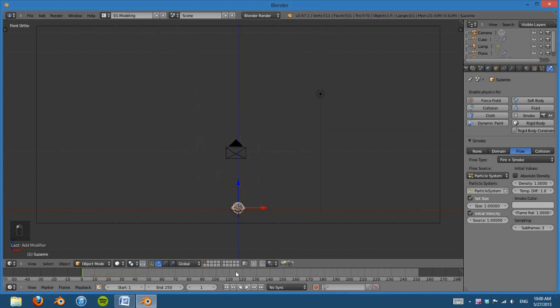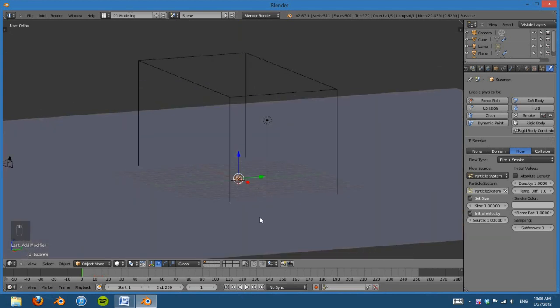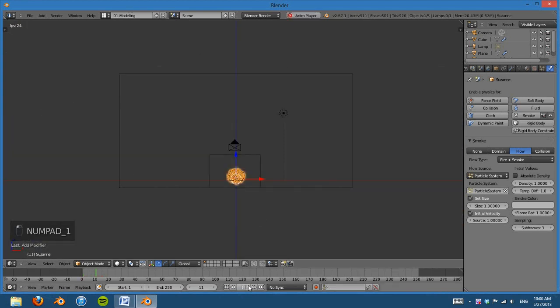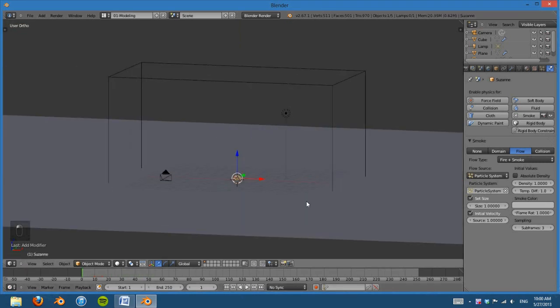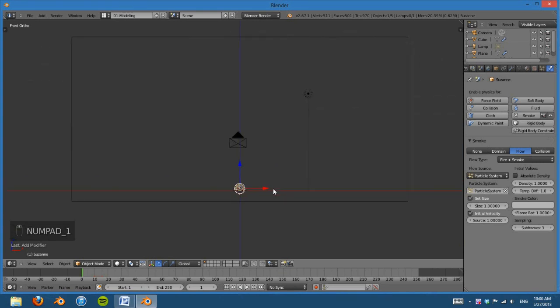Okay, so that looks pretty good. But you might think, you know, there's a lot more to that explosion than this. I mean, while this looks fairly good, it's definitely not close to what it was before. And I think this is where a lot of people stop. They have one boom and they think it looks fine. But explosions, as I was talking about earlier, have a lot of different parts. And so what we're going to do now is go through the different parts of the explosion and add them